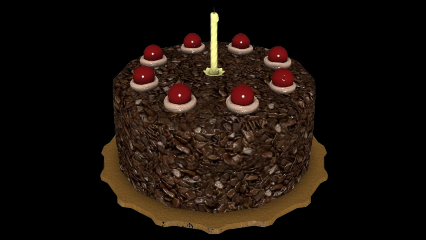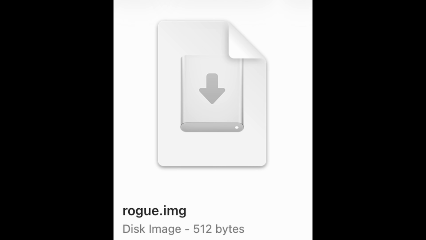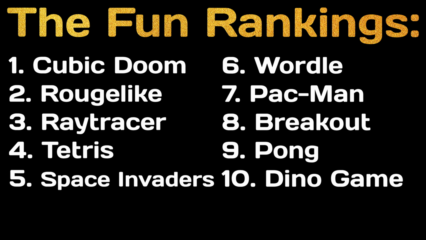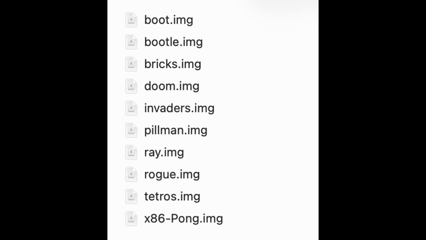I think this game takes the cake. Is that a phrase anymore? Do people still say that? I think this game takes the cake for the most gameplay you can fit into 512 bytes of space. You could easily spend hours exploring this place. I'll rank this game right below Doom. It probably has the most fun total, but Doom feels more fun because it squeezes all the fun into a smaller amount of space. Which means that Cubic Doom takes the award for the most fun you can have in 512 bytes of space. Well, that's all 10 games, which means that we can answer the question once and for